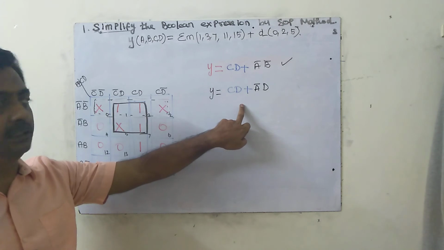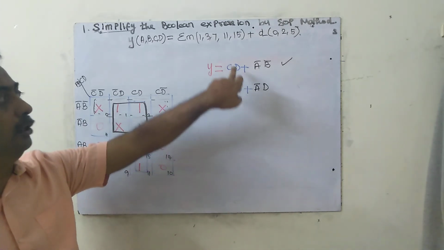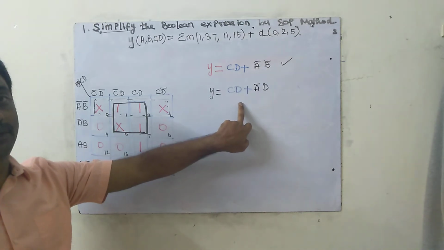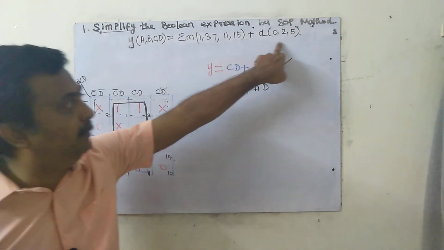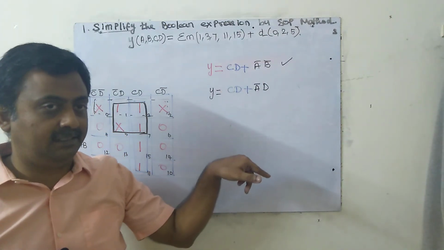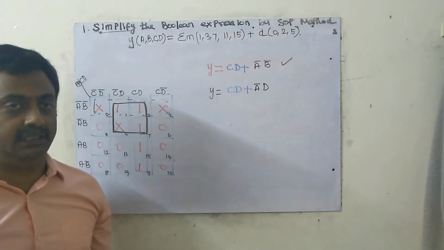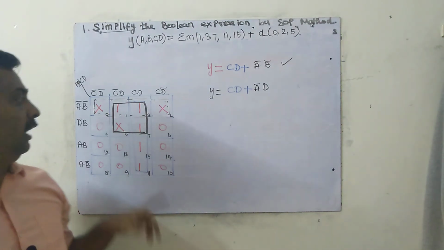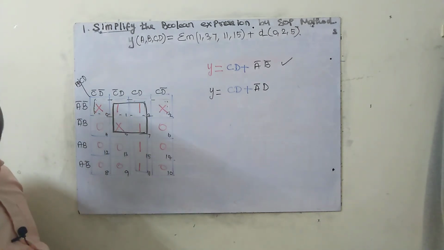In the university examinations also, if you write any one, that is exactly correct. It's not mandatory that you have to write like this or like this. So what is meant by don't care condition? Where the don't care condition is given, at that location we have to put X. That's the first thing. Then X can be used for making larger boxes. If it is necessary, we can use it. See, instead of making this 2 like this, I am making a larger box. That's all. It is not mandatory to box all the X.